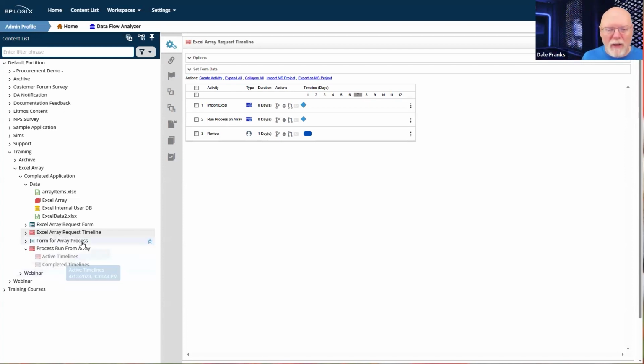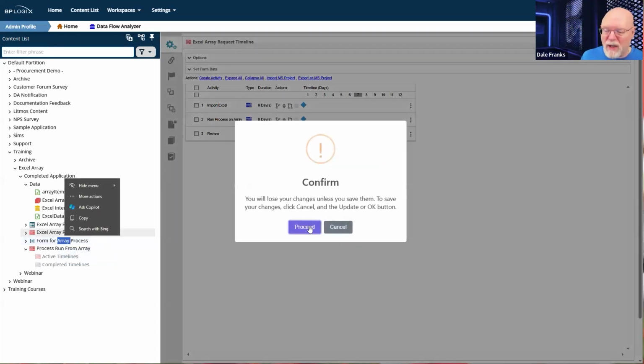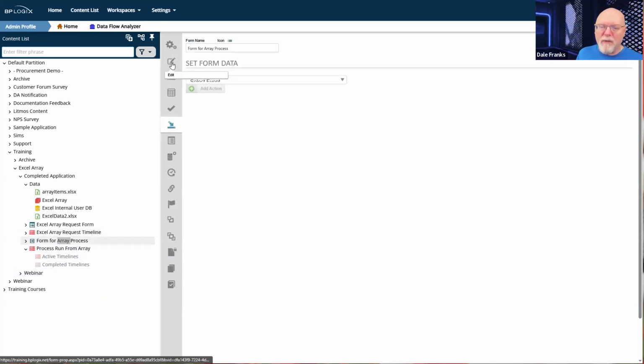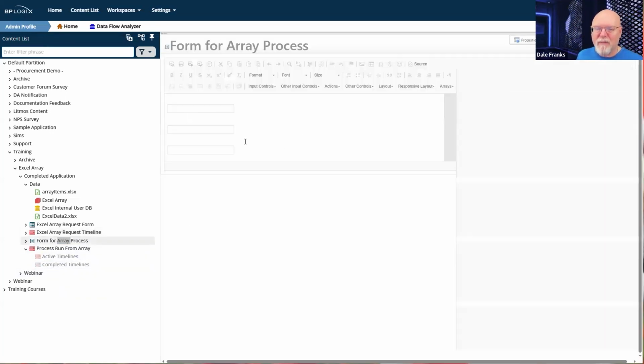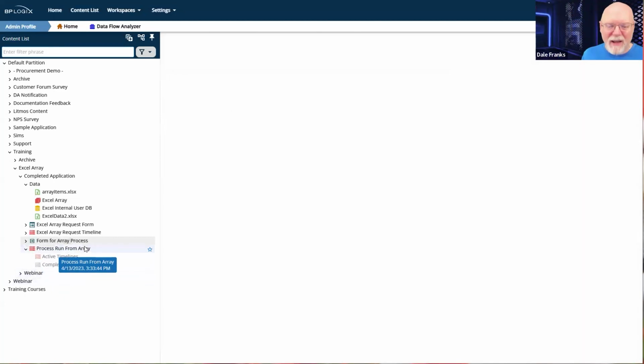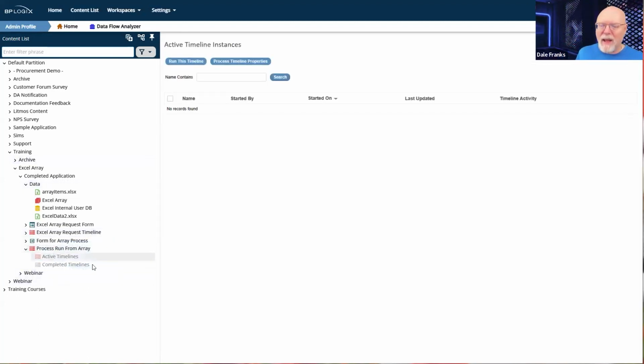The process itself that we're running, pretty simple, doesn't really do much. I've got a form with 3 form fields on it: animal, plant, fish, with some data. That's it. And then the process itself literally just has a user activity just to assign a task to me, so that we could see, as we did previously, that I had 3 timeline instances that were running.